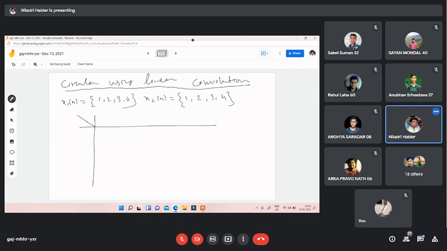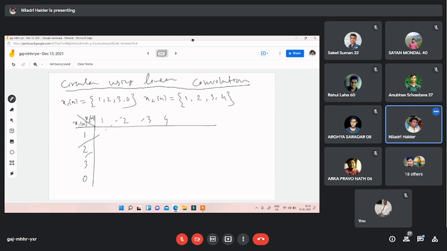Next, you will put one sequence between x1(n) and x2(n) column wise, and the other row wise. Suppose x1(n), so 1 2 3 0, and x2(n) 1 2 3 4. You can do the opposite also: x1(n) row wise, x2(n) column wise. Okay, no problem. Now simply you have to write other values within that matrix.